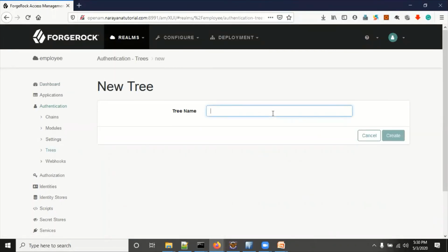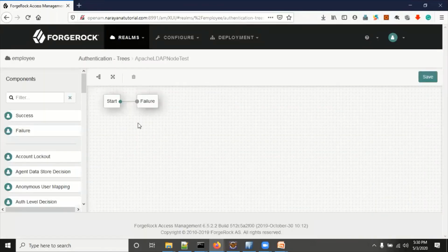You can give any name in the tree name. I'm giving Apache LDAP decision LDAP node test. Click on create. By default, the start and failure nodes are available on the screen, and we want a success node.